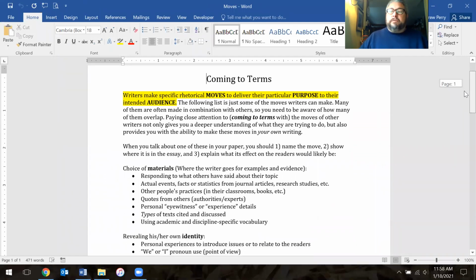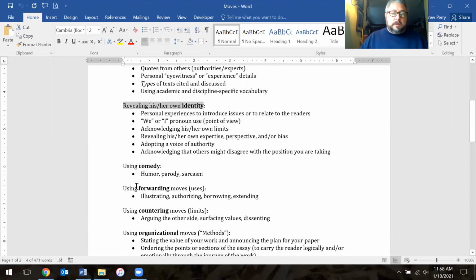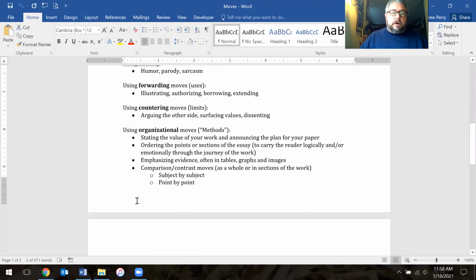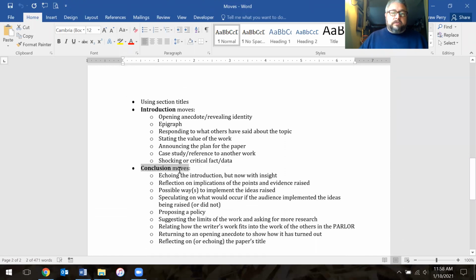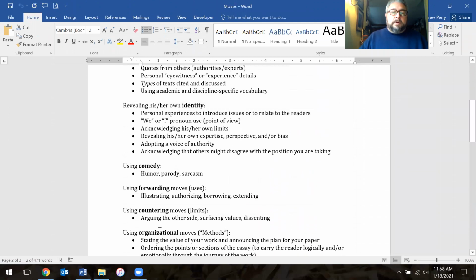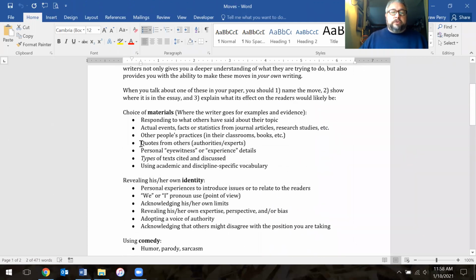Okay. When you are reading whichever article you've chosen of the 2 articles that I have assigned, these are the categories of moves. These here, those are the categories. And then these are specific examples of that category. Here's another category. Here's a category. These are all categories of moves. And your job is, for example, if you choose a choice of materials move, you need to find 2 places in the article where you see these things going on.